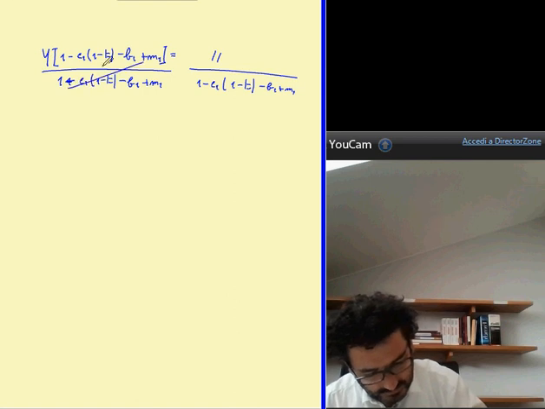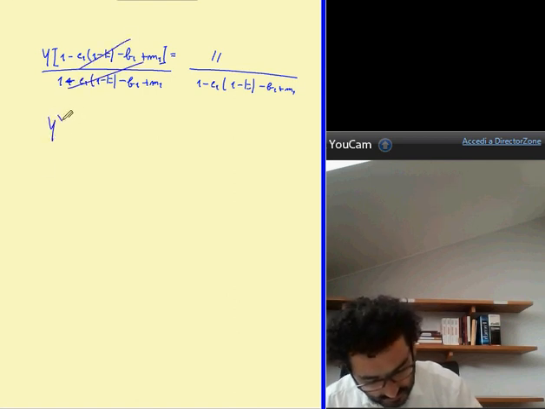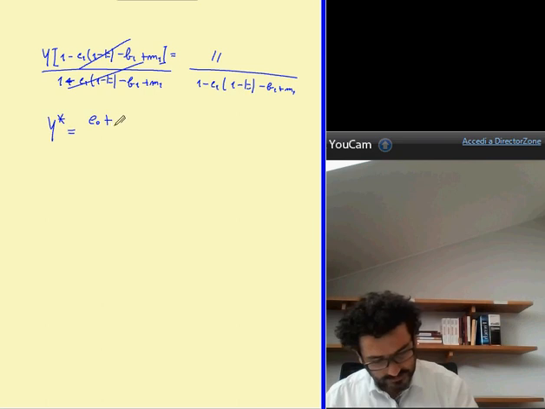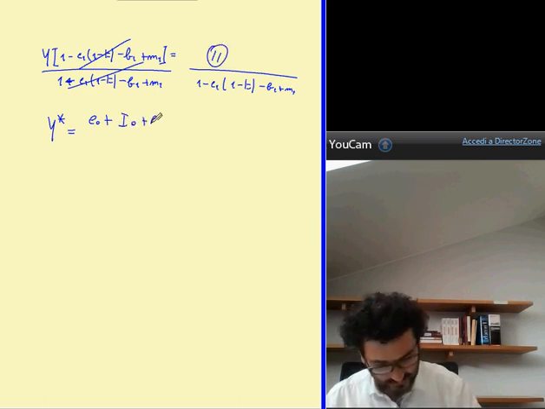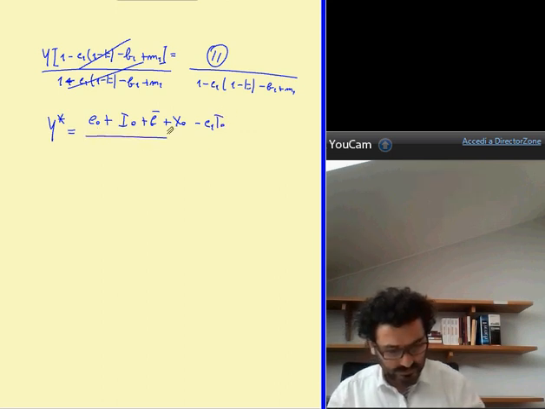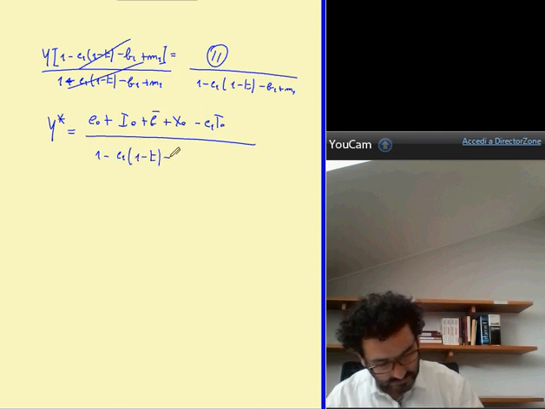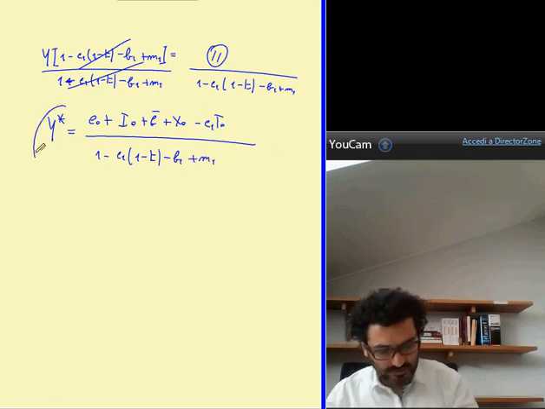So we get the equilibrium income will be equal to the exogenous variables C0 plus I0 plus G bar plus X0 minus C1 T0, divided by 1 minus C1, which multiplies 1 minus t, minus B1 plus M1. This is the equilibrium